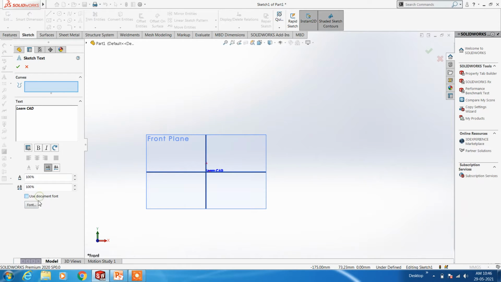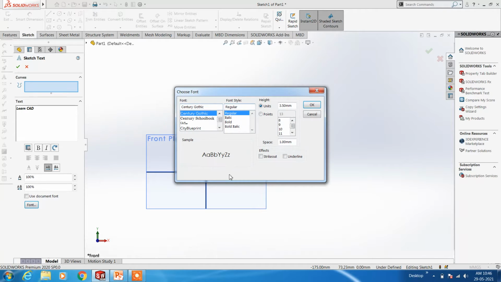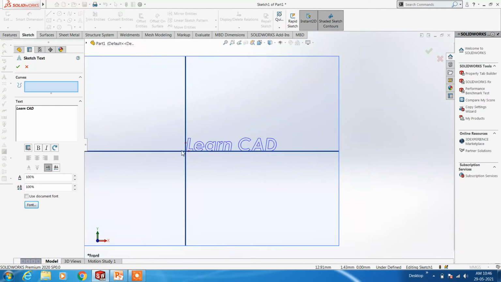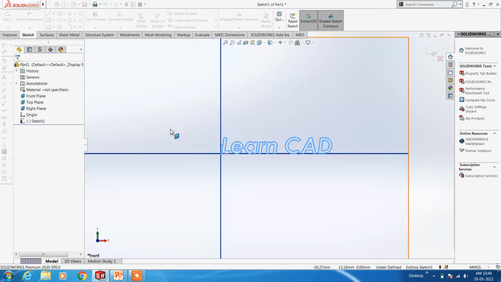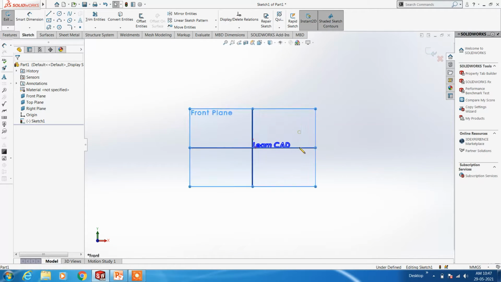Next, untick this one and change the font according to your wish. Whatever font you want, you can change, and you can change the size also. See, the size is changed.